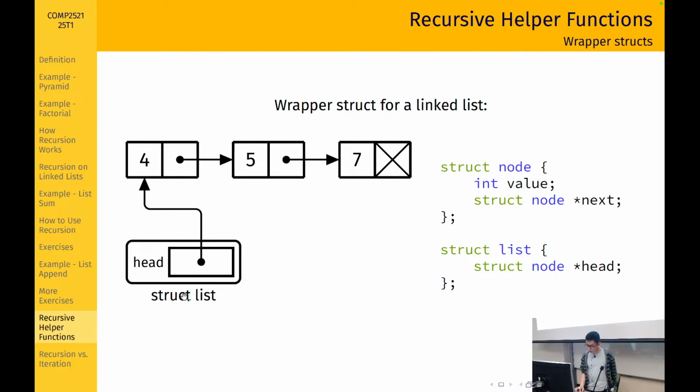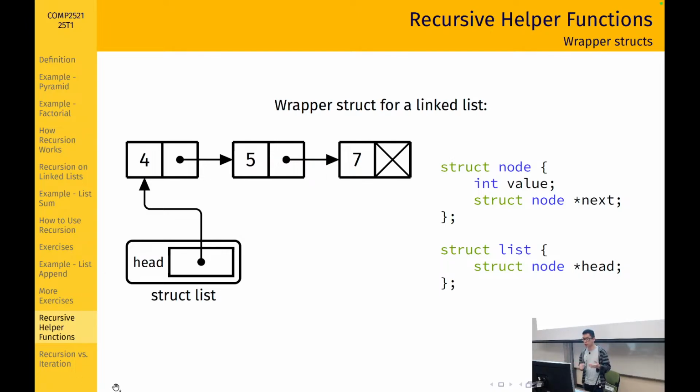And there are many benefits to having a container struct like this. One benefit is that we can add extra information to this struct about the list, right? For example, what's something that we might want to include in this struct? Any ideas? Yeah? The length of the list. Yeah, the length of the list. Perfect. So we might want to store the length of the list inside that struct so that if we want